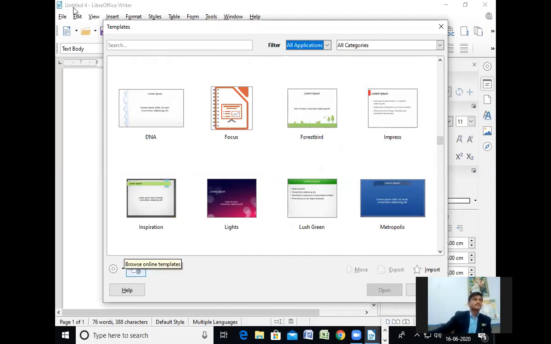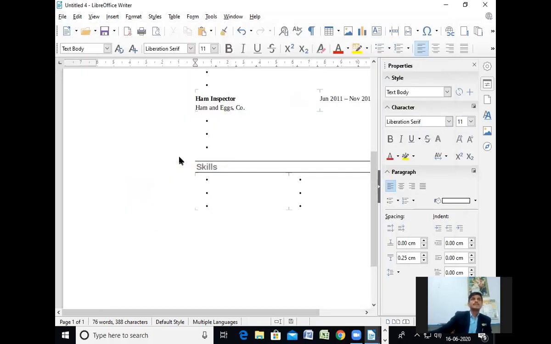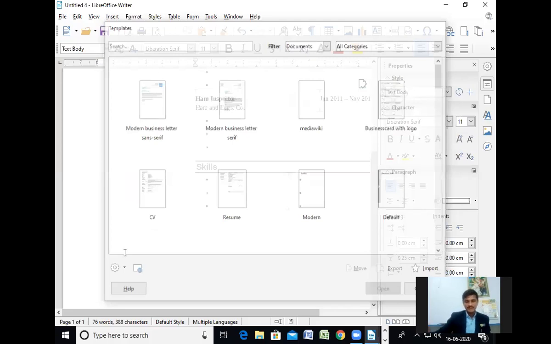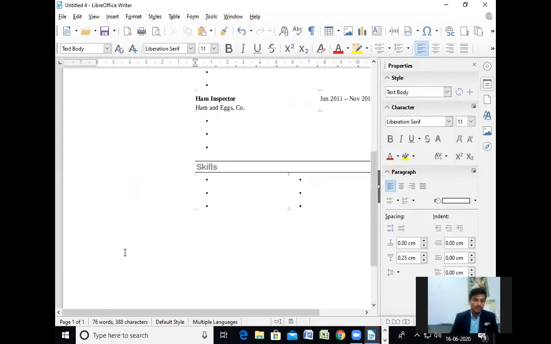Okay, here all these options are available. We can delete from here. So I hope everyone understood the template point, how to insert, how to create, all these things you will easily understand.